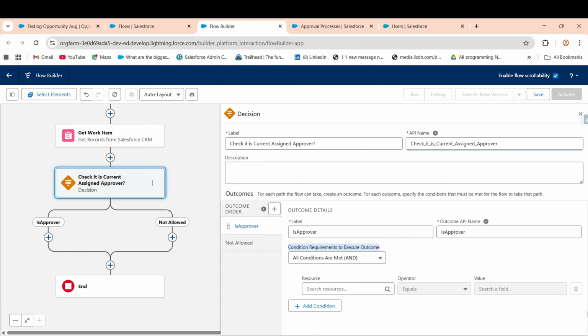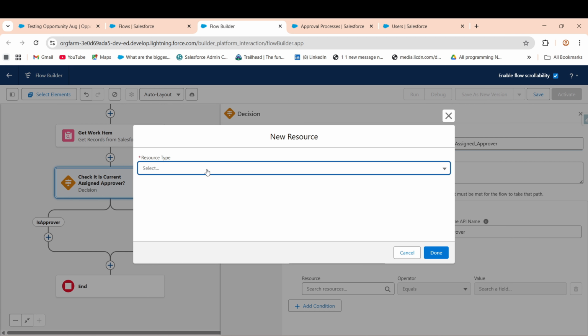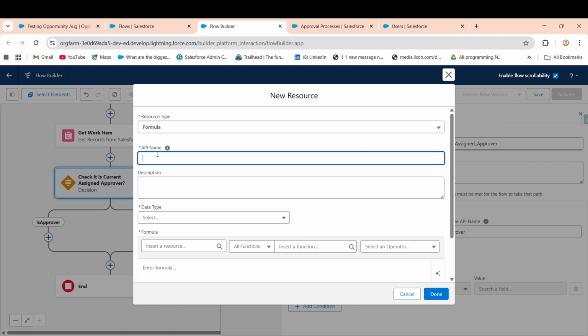So firstly, in the resource object you will see, create a variable. Let's say I'm storing the variable for the current user. Let's create a formula over there so that it will show whether the IDs are correct or not. Create a new resource. Resource type will be formula, and let's say